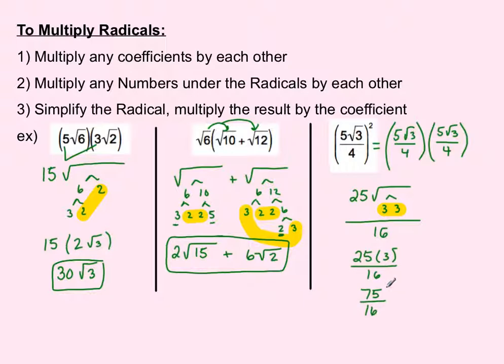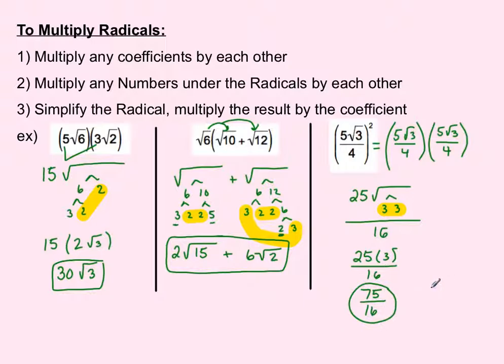If that could reduce, I would reduce it. And quite honestly, if it could reduce, I would have reduced it in this state right here before I made them bigger. But I know that 553 is the top and 44 is the bottom. There's nothing in common, so final answer is 75 over 16. So square, multiply by itself, coefficient times coefficient, radical times radical, across the top, denominator times denominator, simplify, multiply, reduce